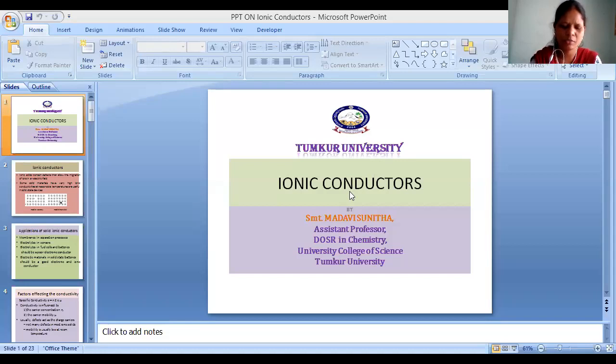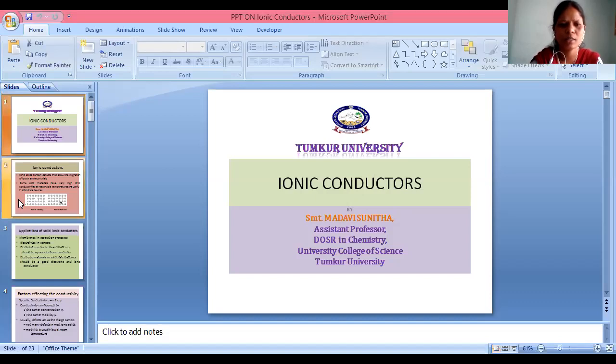In Unit 3, we already discussed electronic properties and band theory, that is metals, insulators, semiconductors, and several applications, the PN junction and so on. Similarly, magnetic properties, classification of magnetic materials into dia, para, ferro, ferri, and antiferromagnetic types, and special magnetic materials such as spinels and garnets, for which I will share the notes. And now this topic is related to ionic conductors, which is in your syllabus.